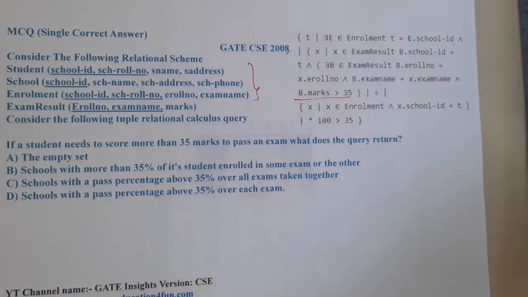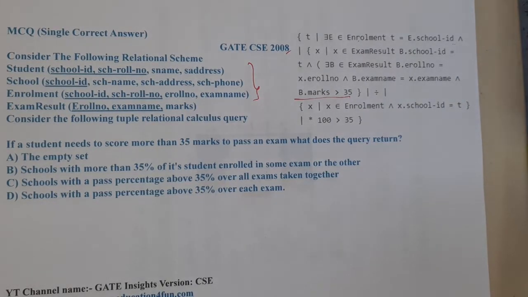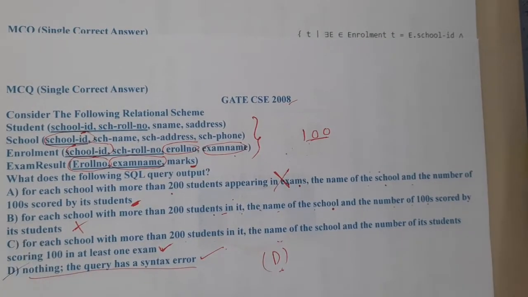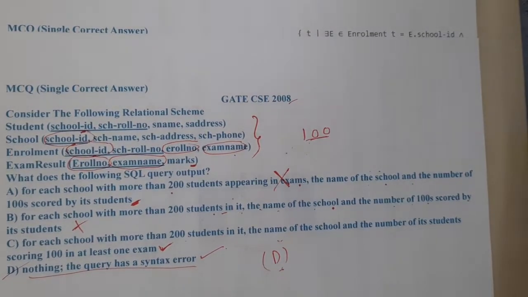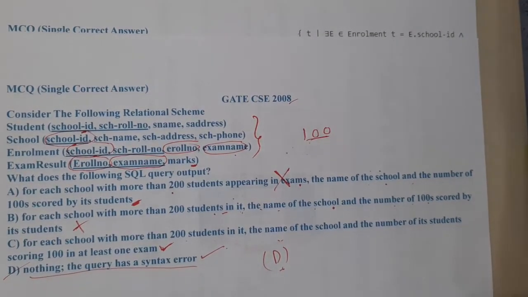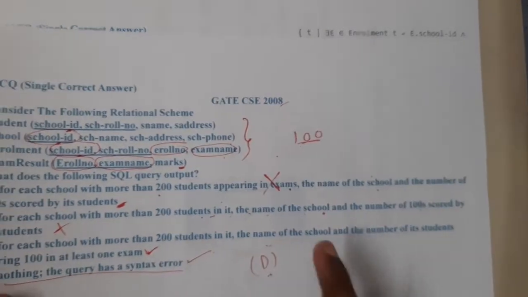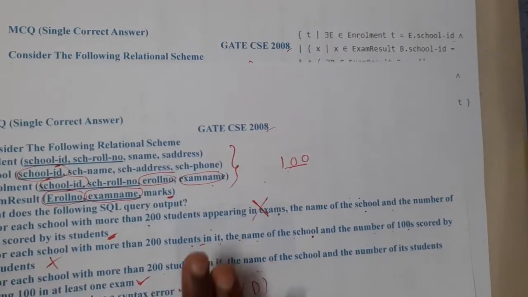To be clear, this is a continuation of the previous question. I was thinking, why is the table exactly the same? Basically this is the previous question which we have discussed. If I remember, I will try to combine these videos, but most of the time I forget combining them. If you are watching in the playlist, it will be a continuation, so don't worry. This belongs to the same question. This is part 1, this is part 2.